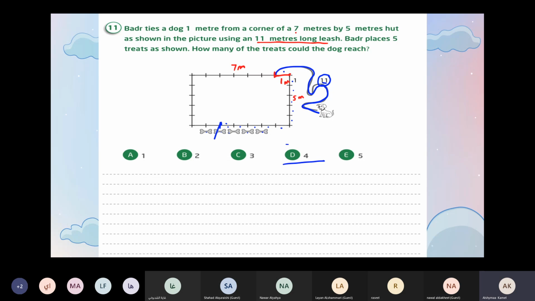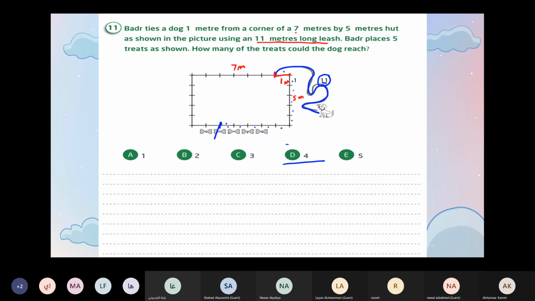When I ask you why or how you got the answer, it doesn't mean the answer is wrong. The answer is right, but I want to know how you figured it out. Okay? And we have also another way. What is the other way? To come from the 7, from the right.